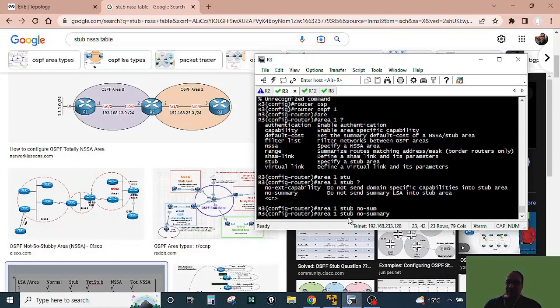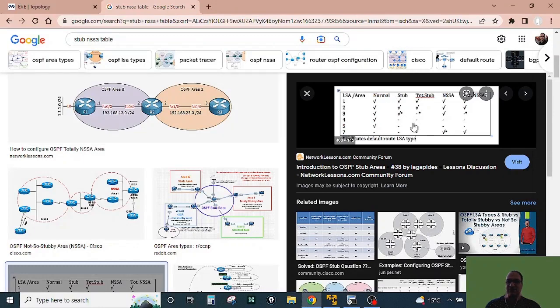So when I make it just area 1 STUB, this is STUB, so we can see LSA type 1, 2, and 3. When we add no-summary, it means remove LSA type 3 also. That's the difference between STUB and totally STUB. Okay,